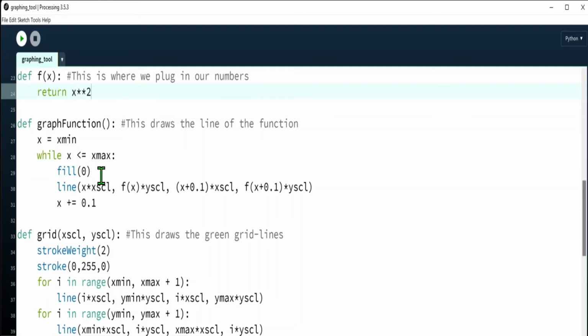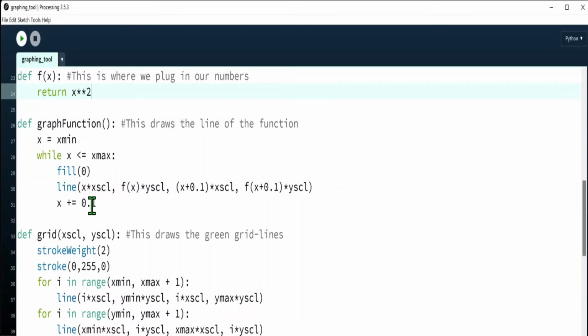We're going to fill the line, put a 0 in there so you can actually see the line that you're drawing. And this is where it gets a little tough, a little mathy, okay? So for our line in Python, we need 4 points. The first and second point, they will be the first points of our x and y